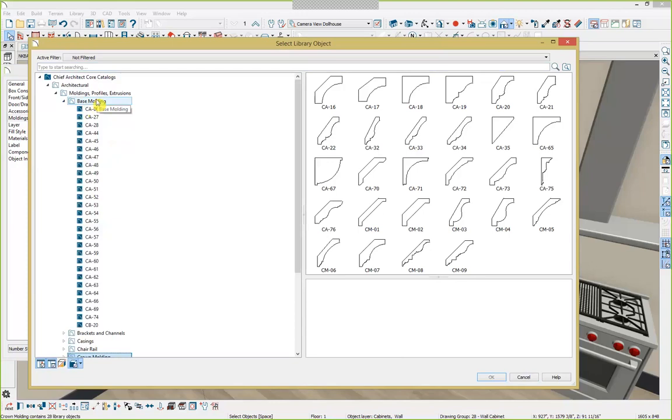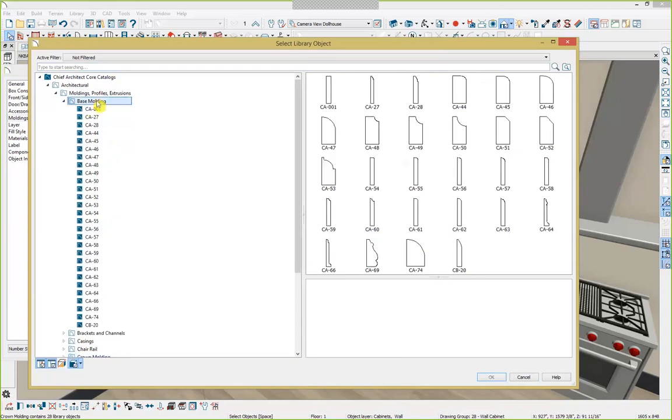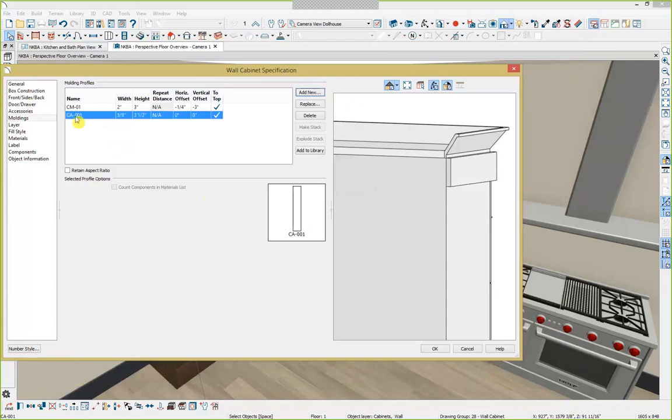And what we're looking for here is just the general shape of the molding, and then we'll come back and adjust the size. So I'm going to pick out this rectangular molding and click on OK. You can see where it's at in our little panel. And then from here you can adjust the size of it. I'm pressing Tab there to navigate to different fields in the menu. And then I'm going to adjust the offset as well. You can see that's not positioned correctly yet. So to do that, you just click on the offset field and then just tab through and update your